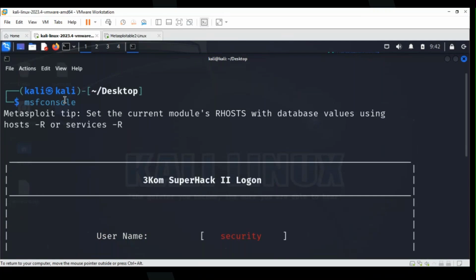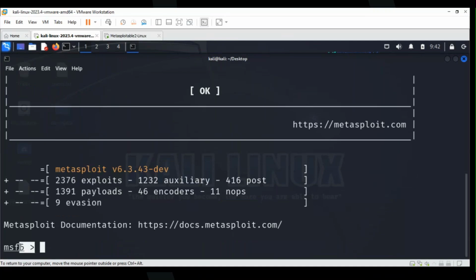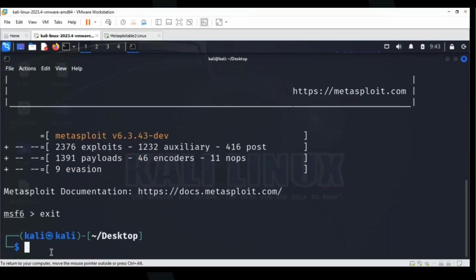Then you scroll up and you can see what command you have used to get into the prompt. Once it is opened, this is the output showing which prompt you are in. Right now I'm in msf6, and this is the version you are using for Metasploit, 6.3. Suppose you want to come out from this prompt, then you type exit and press the enter key, then you come back, which means it reverts to the Kali prompt. Okay, and again you type msfconsole itself